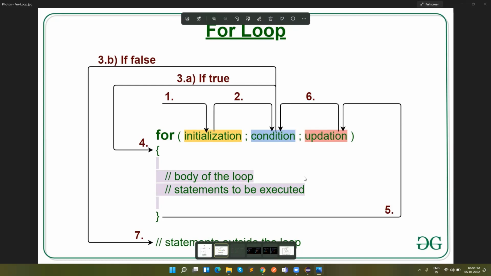Loop termination is that when the condition becomes false, the loop is terminated. Now, in Java, we do have an enhanced for loop, but we'll cover that when we cover arrays. An enhanced for loop is a type of loop where we do not have to initialize a variable, specify a condition, or update any variable.